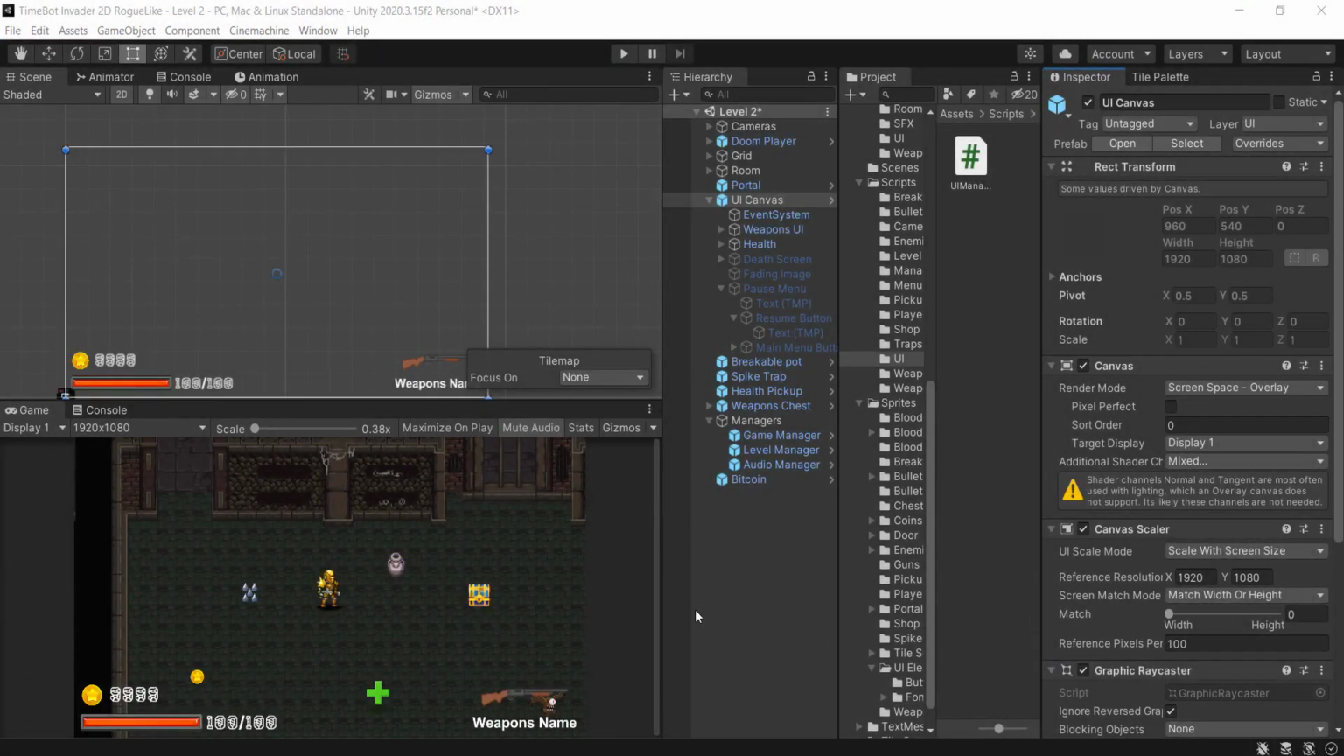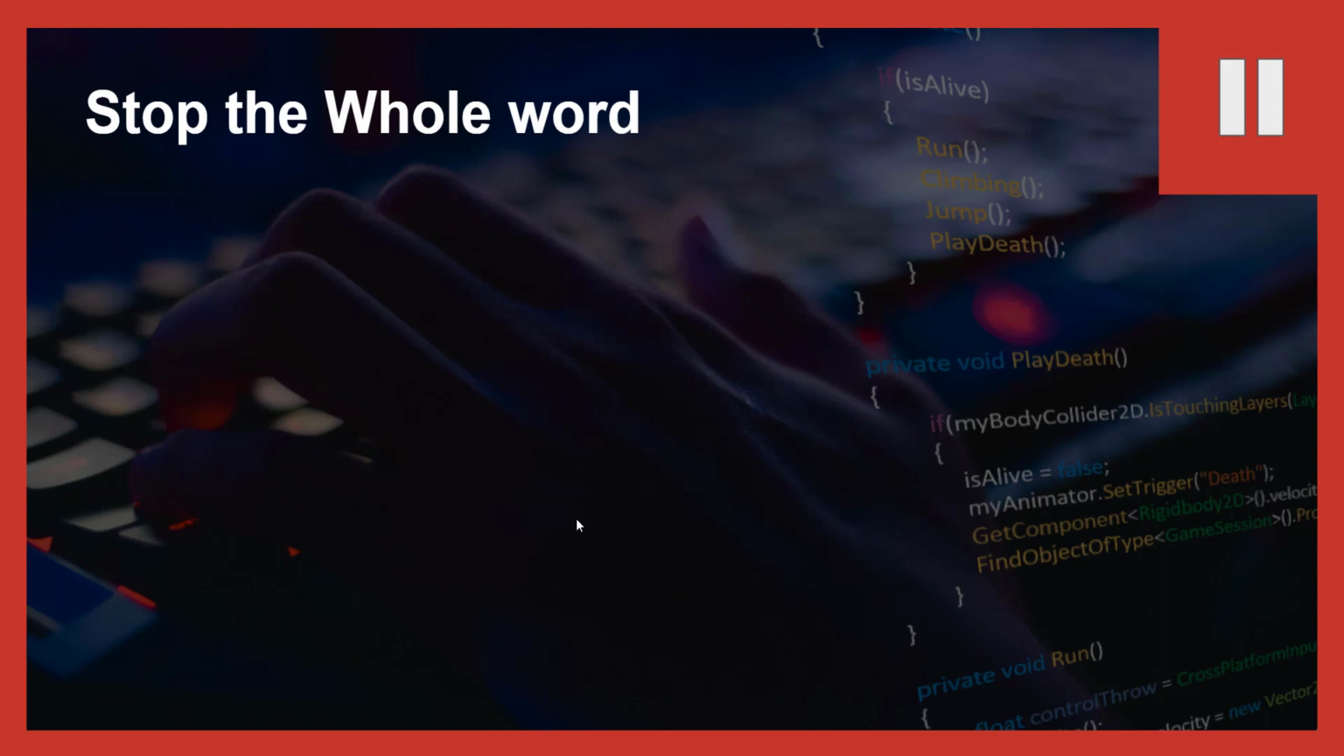Okay, so even though we have the pause screen, we can go back, we can go to the main menu. We are not actually pausing the game. The game is still running, we can still run, we can do everything. Actually, we don't jump. The enemies still attack us, so we need to figure out a way to actually freeze our game. And I'm not really feeling up to it, so I'm going to present you with a challenge to stop the whole world